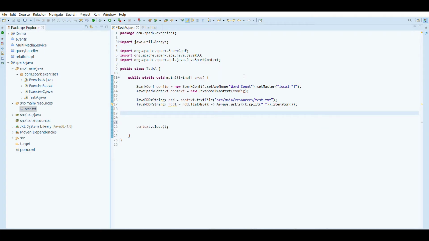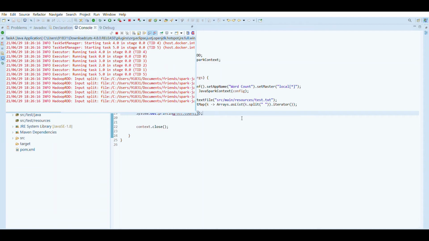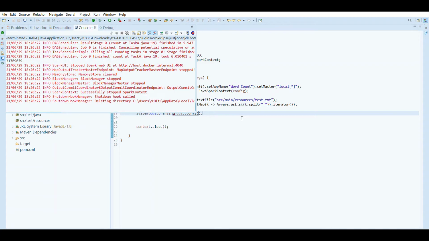Now I just wanted to count, so we can simply use one method from RDD1 and count it. If I run it, it will give a count of this. So if you want to check, we can run and check. But before that, it is taking time because, as I have already told you, it loads a lot of things before doing so. But in real time, it directly starts processing your task. So we have